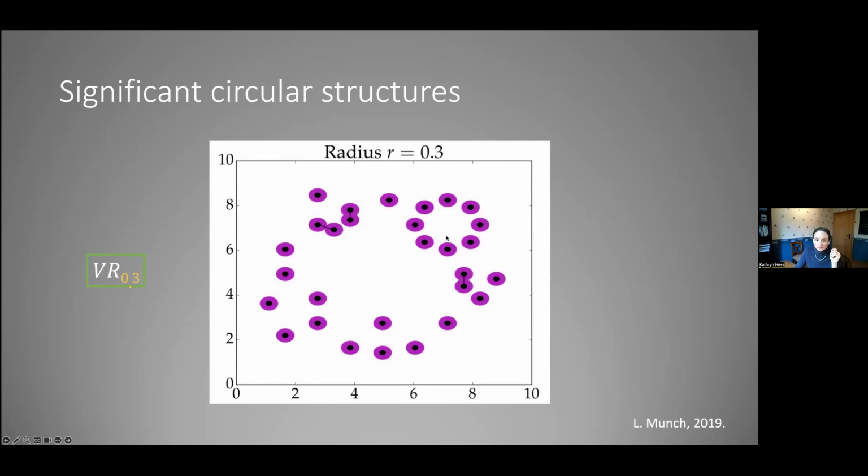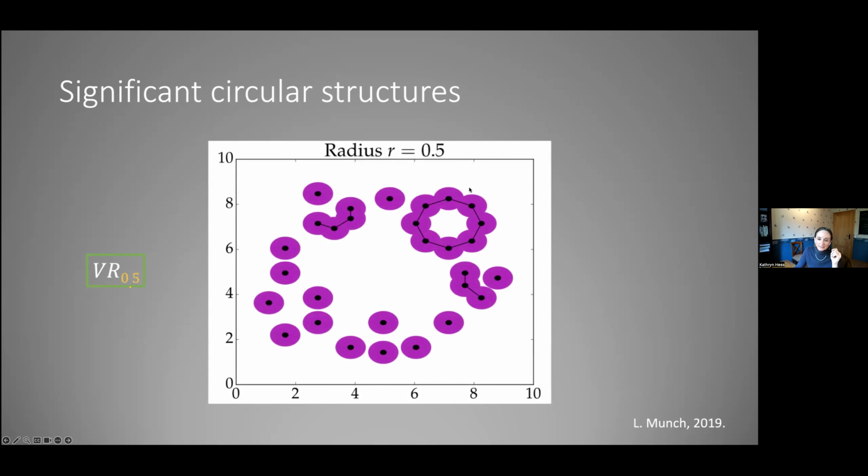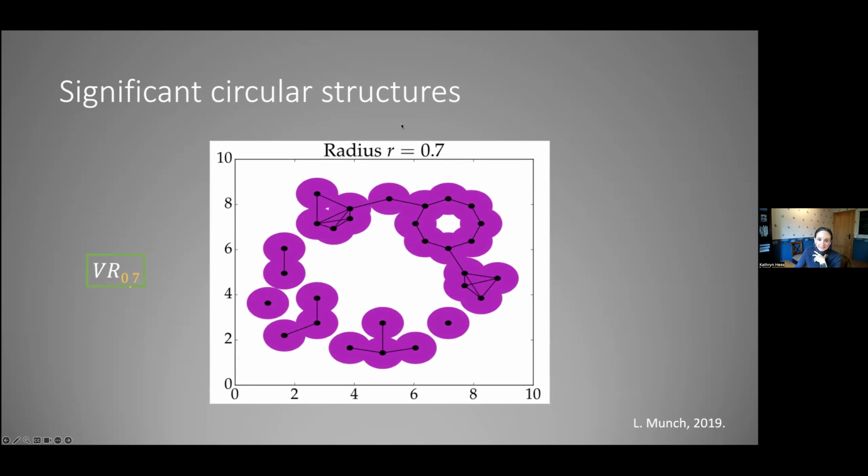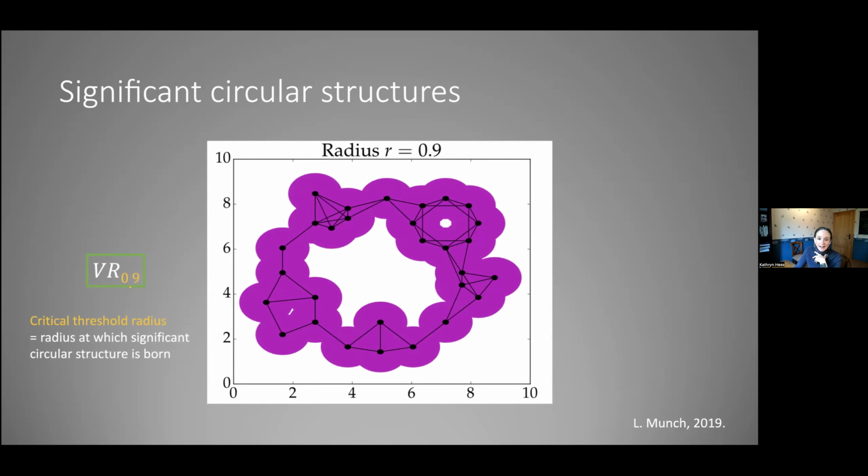But if we go back to 0.3, there looks like there's a hint of a bigger circular structure. So maybe this small one that I get here is interesting, but maybe it's not the most significant circular feature I have. I increase again to 0.7, and I say, okay, now I really see there's this bigger circular structure that's really starting to appear here. And recall that every time I have an intersection of two balls, I put an edge between the nodes. We increase to 0.9, and there it is. There's this big circular structure that we sort of hinted at when we could just see the points themselves.